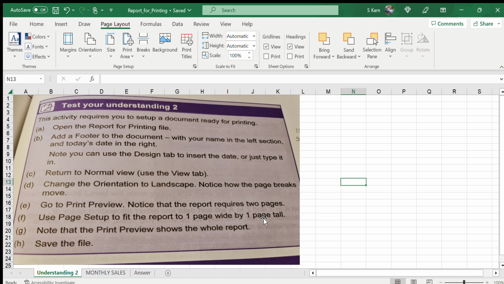We're looking at spreadsheets for management accounts, section 10 of the book, starting from page 303, and understanding 2 is located on page 315. I've taken a snip here of the understanding 2 just for ease, so we can have a look back